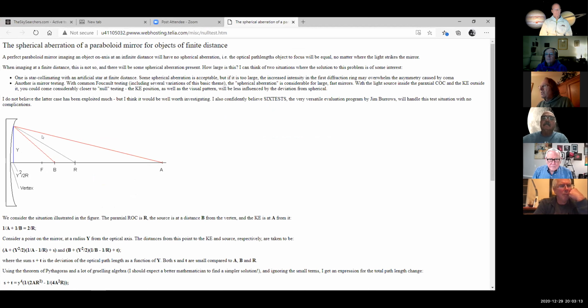And he describes the shape of the mirror over there to the left, and R is the radius. It's a parabolic mirror, offset, and so he put it in the context of testing for. So the thing is,